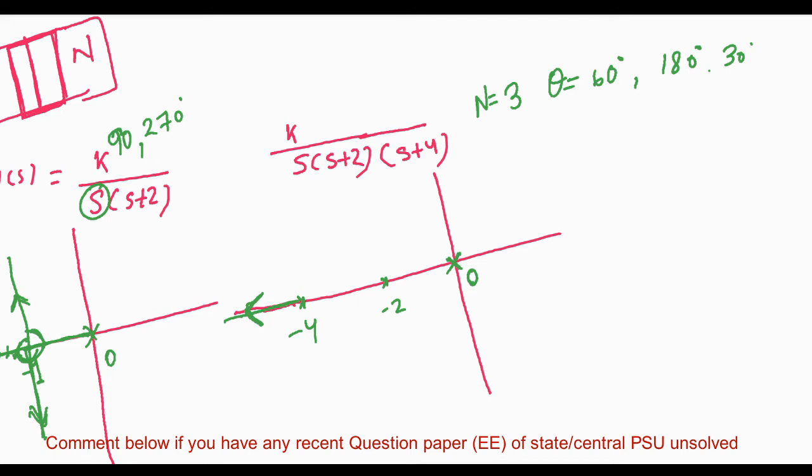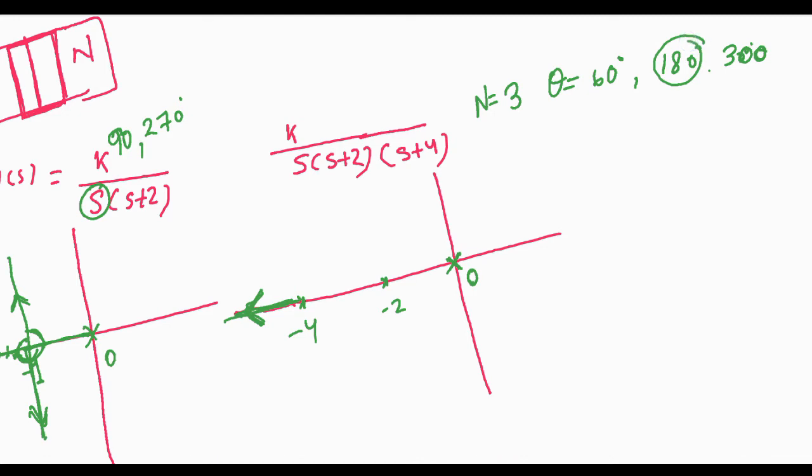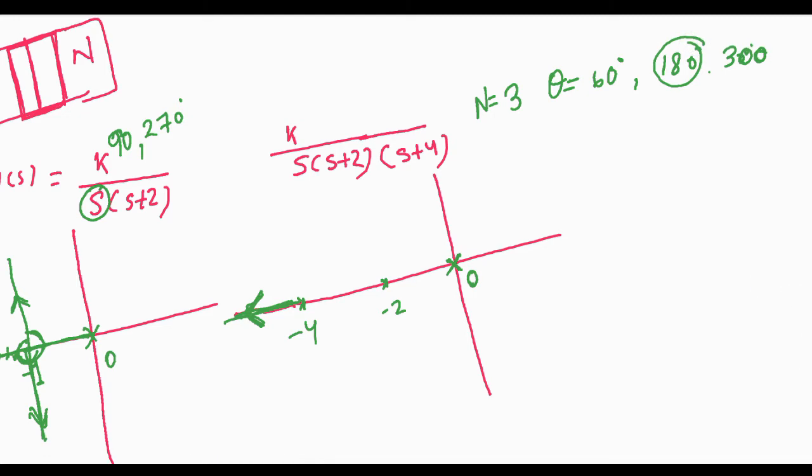So this is not 30, this is 300 degree. And now this is 180 degree. 180 degree is this one, and another two remaining angles are 60 and 300 degree. This will be from this and from this, and this will be like this, and arrow marks will be like this. And this point is, as here this one is -1, here the point will be minus 0.84, meeting point of the asymptotes.